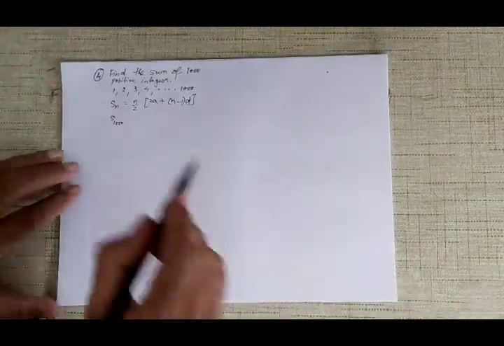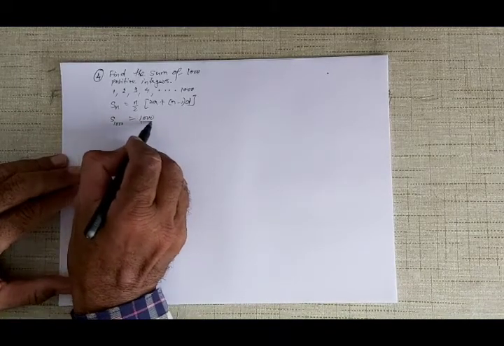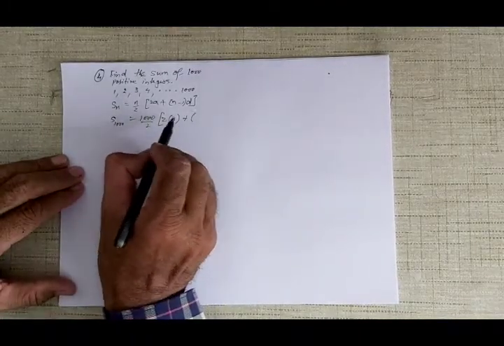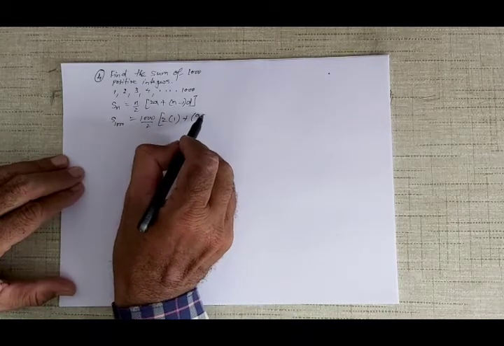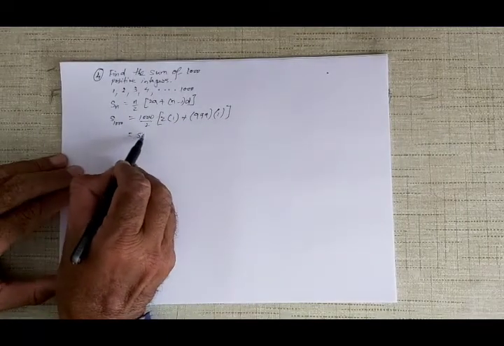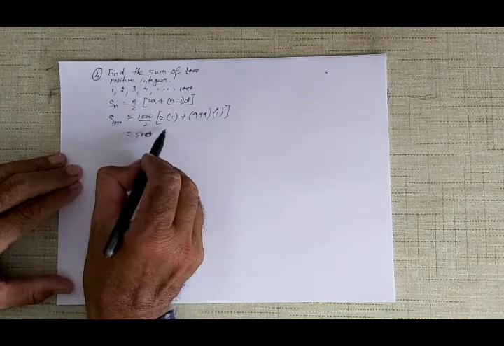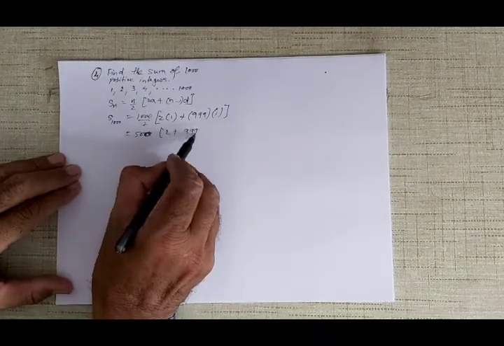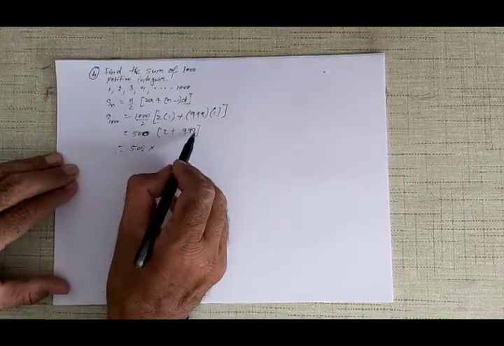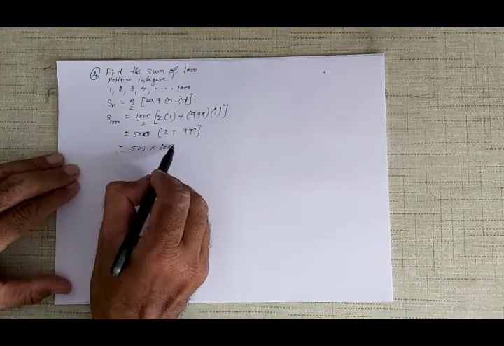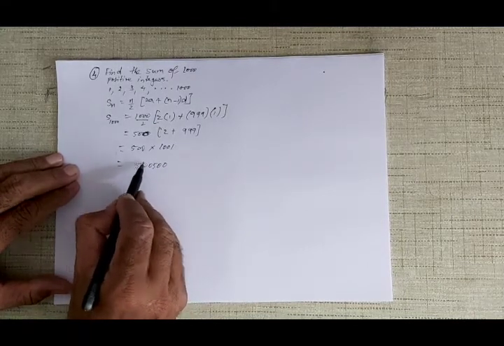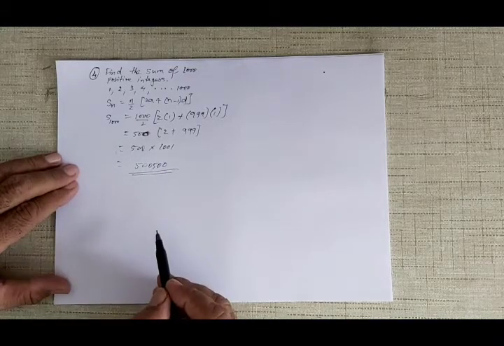Remember that S of 1000 is equal to 1000 divided by 2 into bracket 2 times the first term a, which is 1, plus 1000 minus n, that is 1000 minus 1 is 999, and the value of d is 1 because the difference is 1. So I get 500, sorry, 500 into bracket 2 plus 999. Okay, that way. So 500 into 999 plus 1 plus 2 will be 1001. Okay, so 5 zeros are 0, 5 ones are 5, 0 0 and 5. This is the sum of the first 1000 integers.